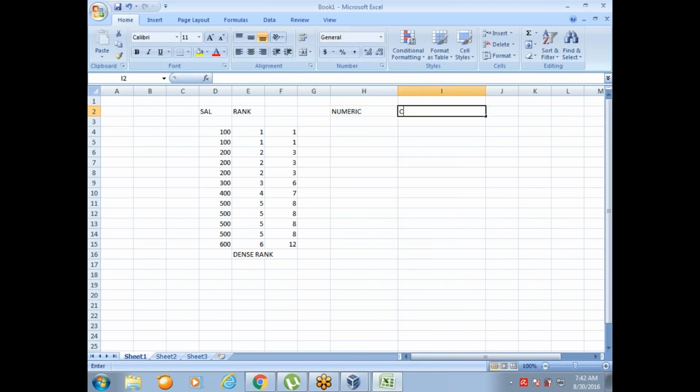Numeric means 0, 1, 2, 3. These are the numerics. And constants,